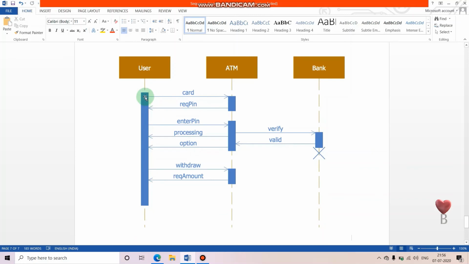Okay. Now let's start. First the user will enter the card into the ATM machine, and the ATM machine will ask for the pin. When the user enters the pin, the ATM machine will process it. It will show that it is processing. It will verify the pin with the bank, and it will validate the pin,